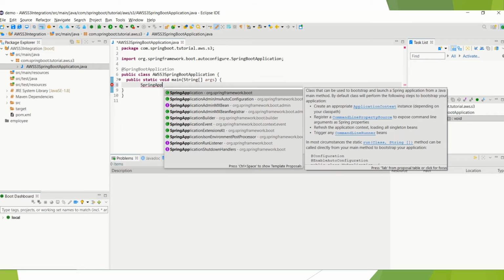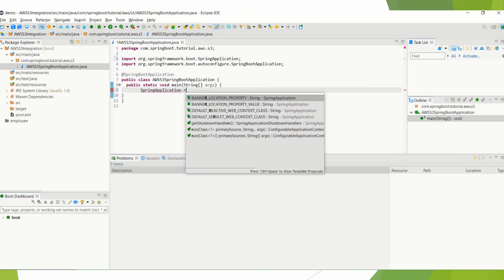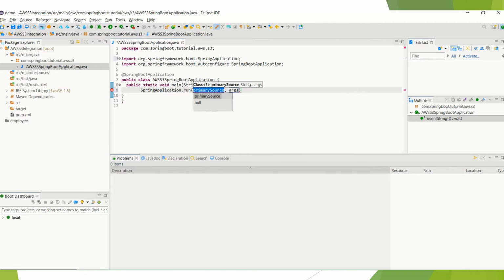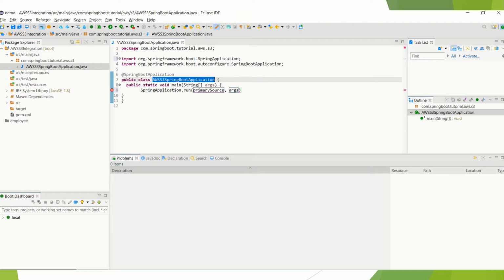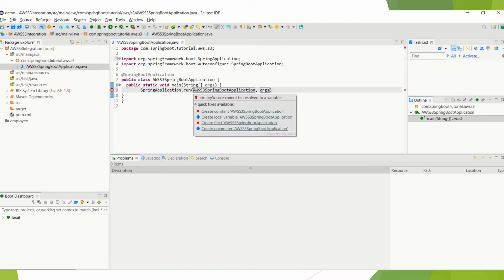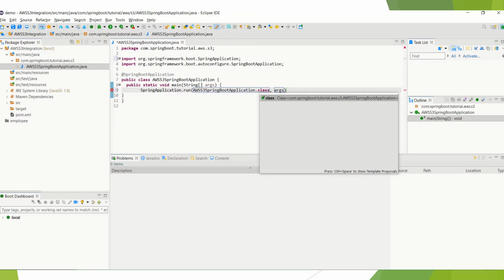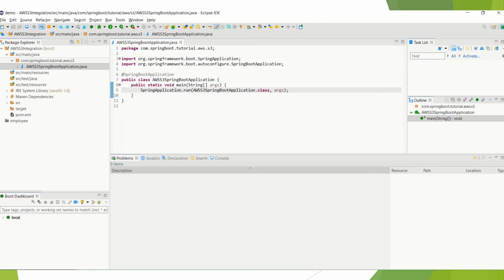So SpringApplication dot run, yeah, sorry. This is the SpringApplication class, and this is the jar file. So now we have converted our Java application to a Spring Boot application.